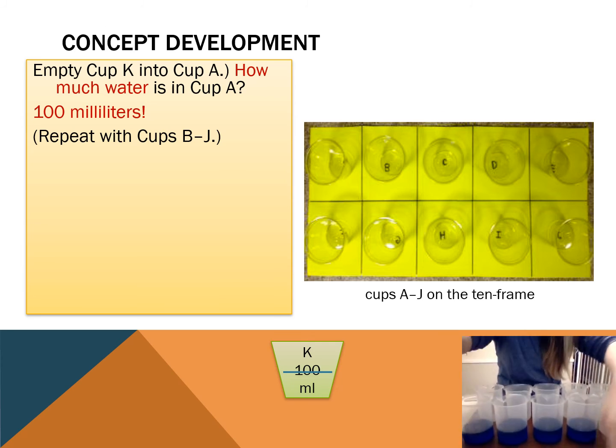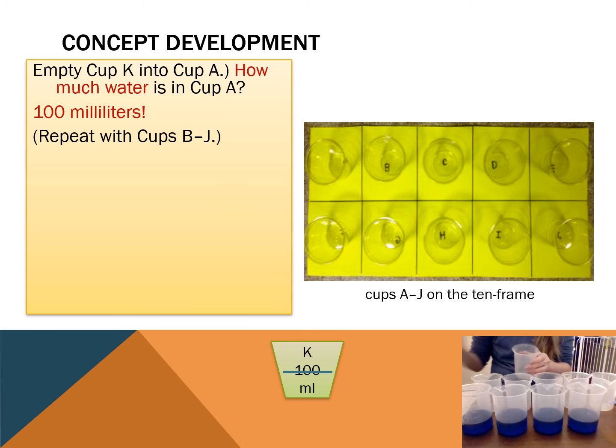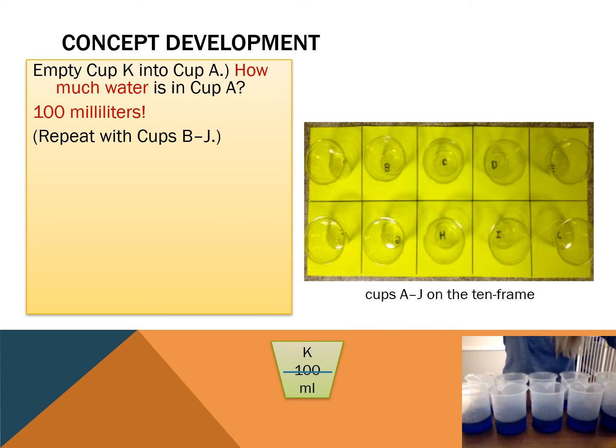I'll angle this a little bit more down so you can see that. 500 milliliters, 600 milliliters, 700 milliliters, 800, 900, 1,000 milliliters. I know it's difficult to see,